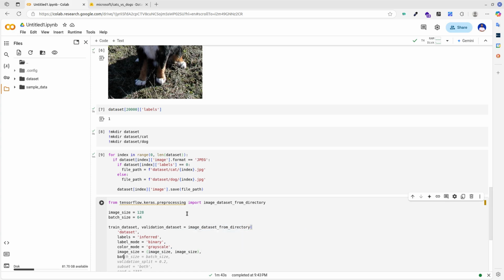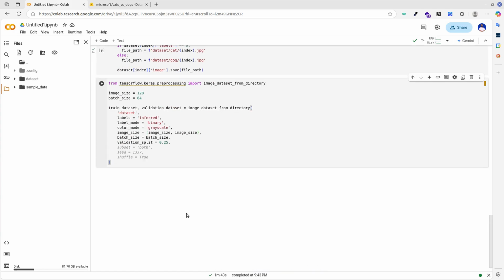We will also define the number of samples to be processed in one iteration of training by specifying the batch size, say that 25% of data should be used for validation, and that we want the function to output both the training and the validation set.